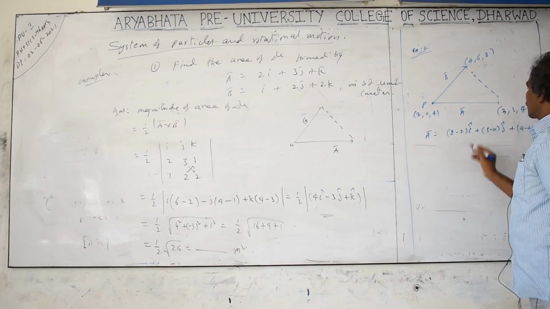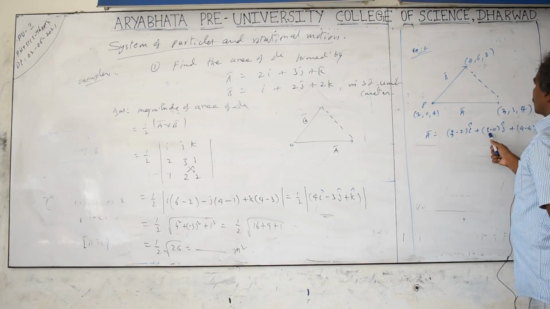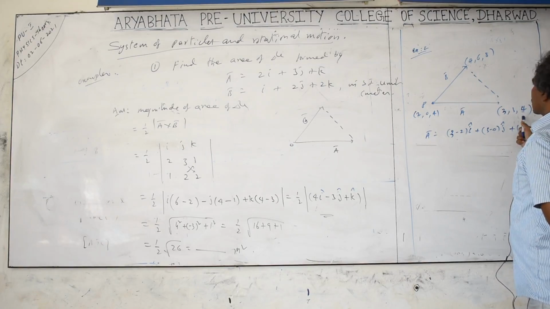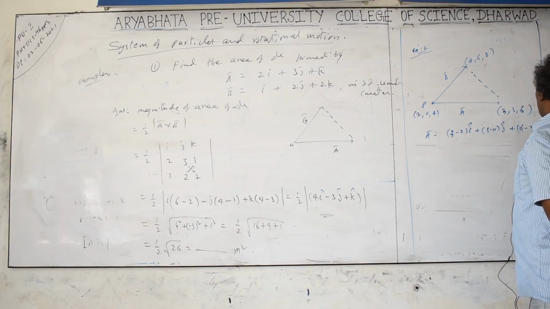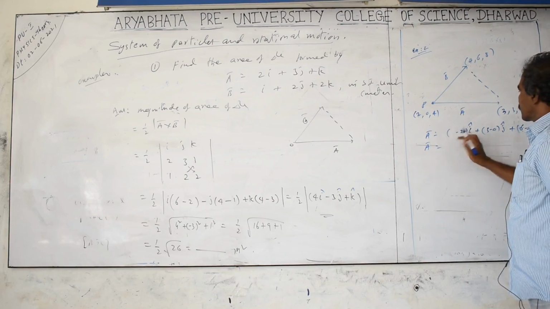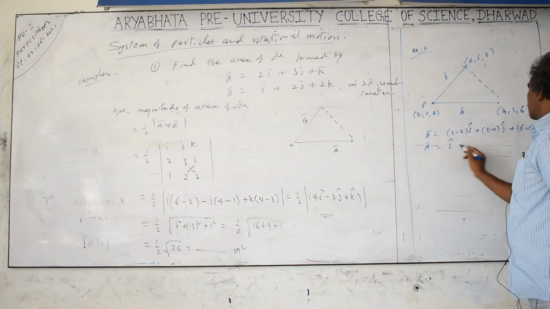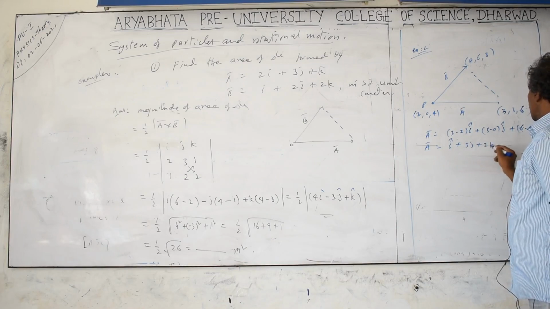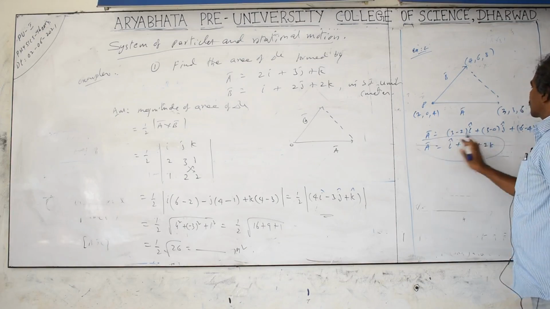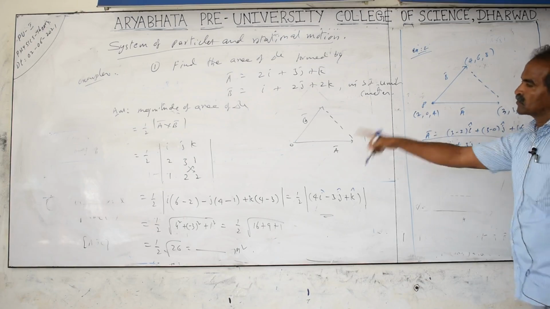This I will take as a 3. 3 minus 2 is 1. This also, 3 minus 0 is okay. This is 4 minus, I will take it as a 6. 6 minus 4 of k. A bar becomes equal to 3 minus 2 is 1, that means i, plus 3j, plus 6 minus 4 is 2, 2k. If they give the coordinates like this, endpoints, you have to take the vectors and then proceed as before.